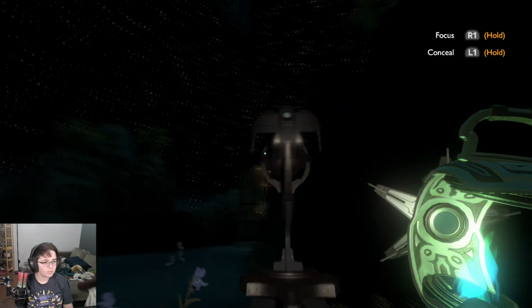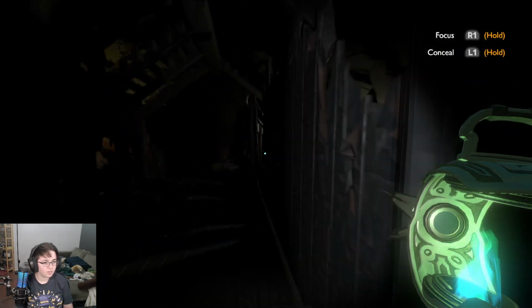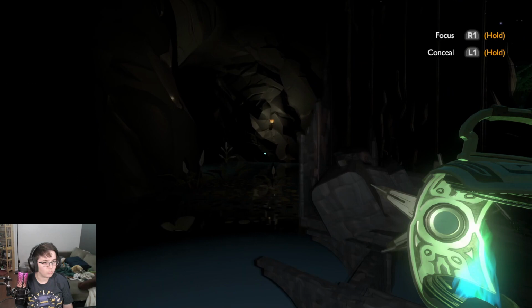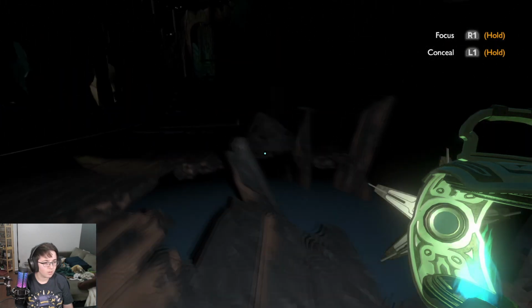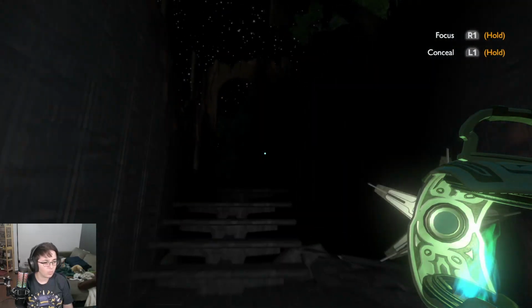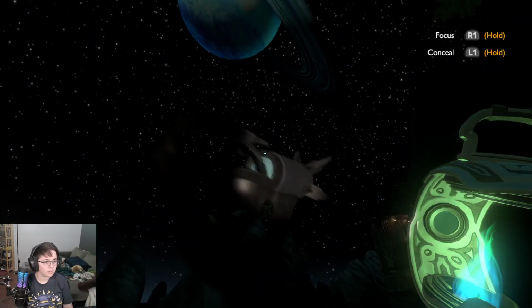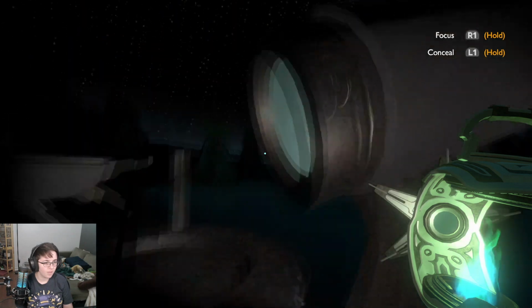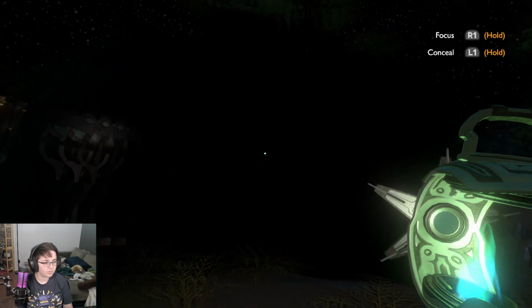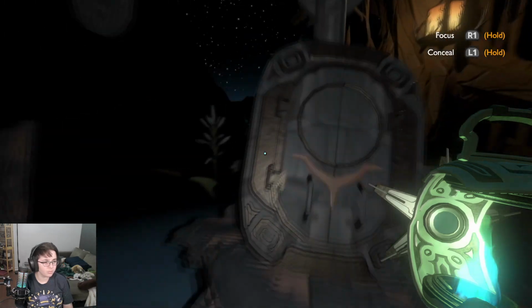Oh, they were looking at one of these things. Like telescope thingamajigs. And that's how I think they discovered the eye of the universe. I don't know what I found over here. Not exactly what I was hoping for. There's literally nothing else. Can't do anything with this thing. It's just like their telescope. Hey! Hey, do something! Yeah, do something. Alright. Well, that was a fun detour of a...